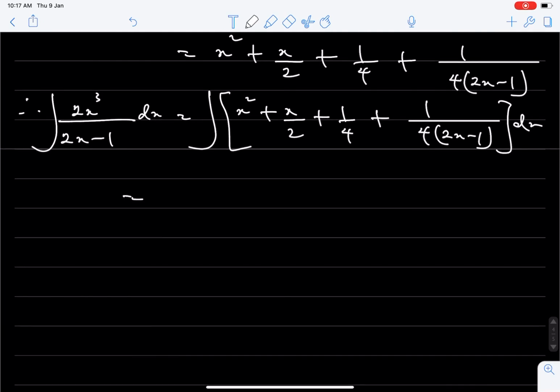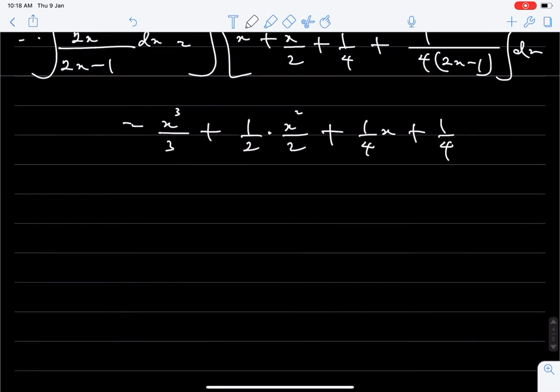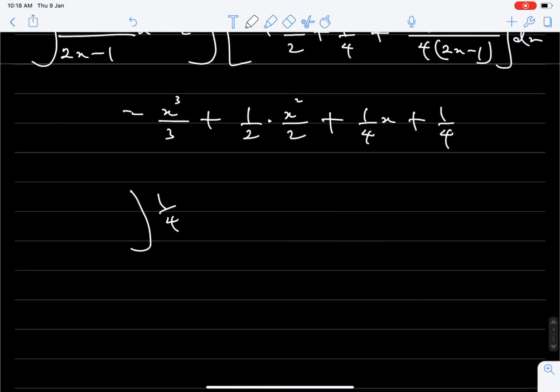Yeah, so we can now integrate individual terms separately. So that means x cubed over 3 plus x squared over 2, which is, I want to write this way. This is plus 1 over 2 times x squared over 2 plus 1. What's that going to be? Plus 1 over 4x plus 1 over 4. This is actually, I want to do a rough work here. The integral of 1 over 4 into 2x minus 1 is the same as 1 over 4